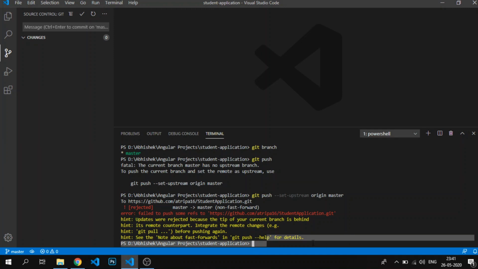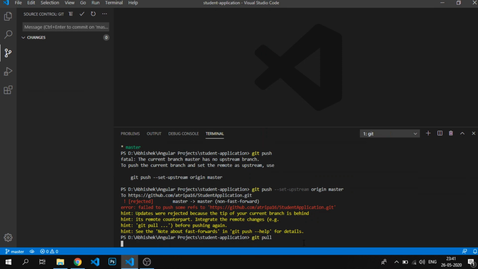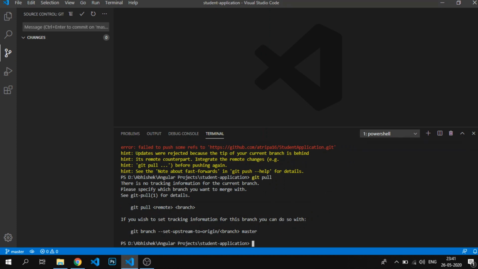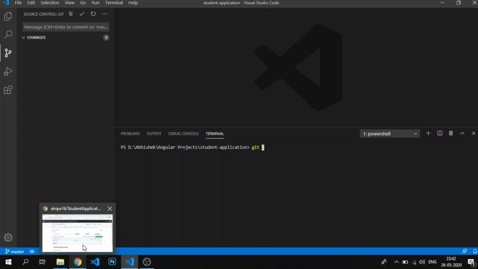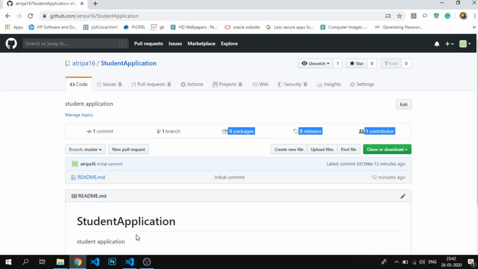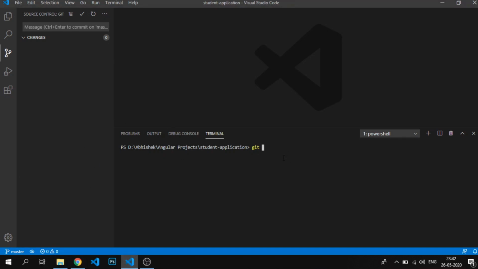Let's try pull this time. Git pull. Pull is nothing but fetching the details and committing the code. For the committing, it should be the same, because if we have an upstream of origin master, it will commit in master only. So now we have set our name and email. Now let's take a pull from the remote, because we want this master branch from remote and this master branch from local to be in sync. What pull does is it pulls the code and commits the code, and automatically if we push, this code will go into the remote: all the code, this plus the readme file and our code. So if we take a git pull, it should,